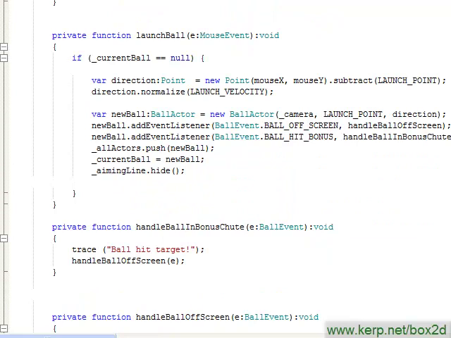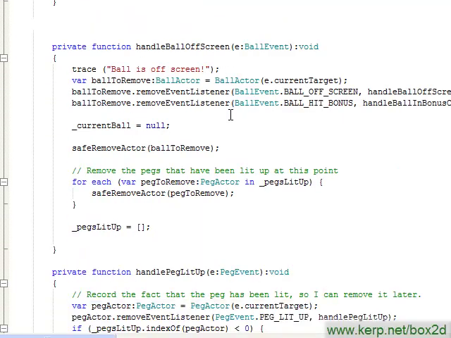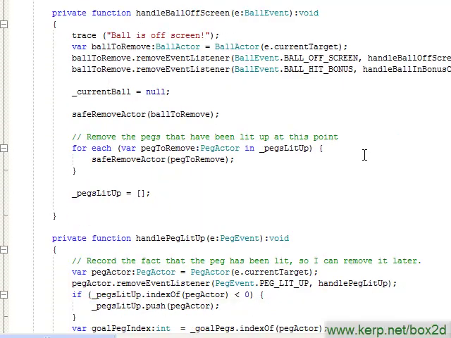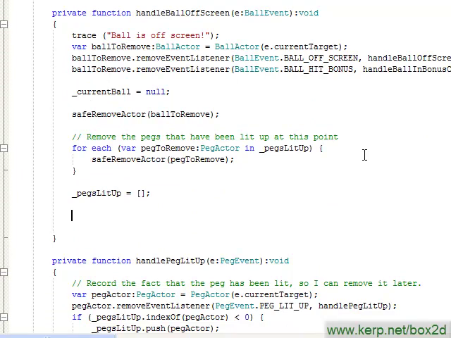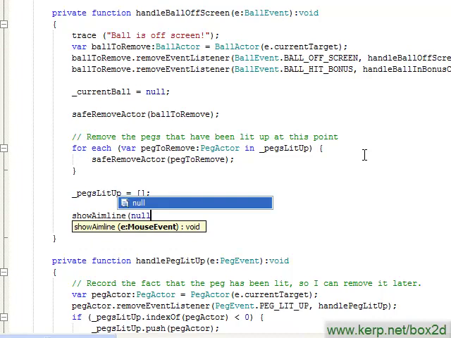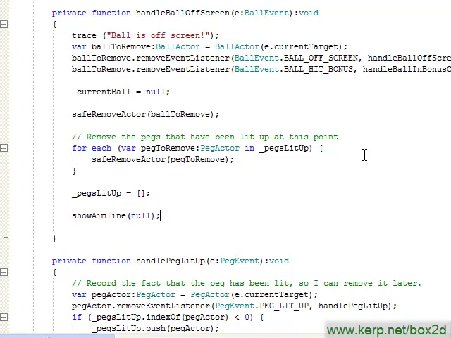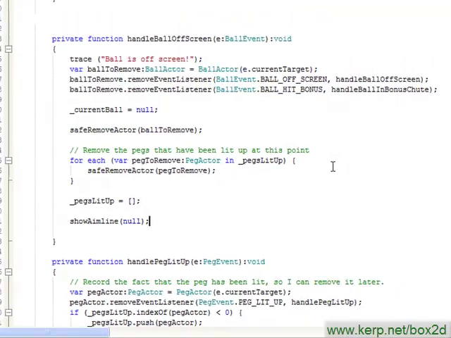And actually, there is one more tiny little bug I want to fix. I've noticed that if I don't move my mouse at all and I launch the ball off screen, the aim line doesn't come back until I actually start moving the mouse again, because we're only drawing the line on a mouse move. So maybe just to fix that, in my handle ball off screen listener, I could also call my show aim line listener, and I'll just pass null. So now if we run all of this,